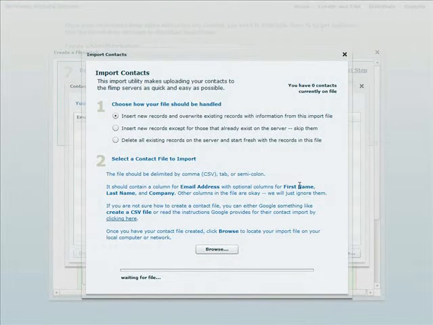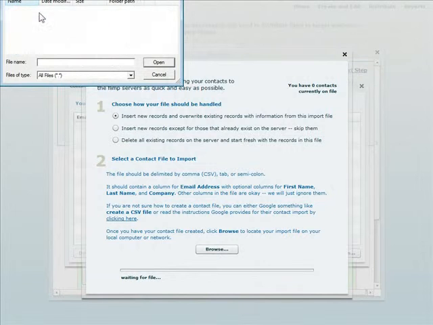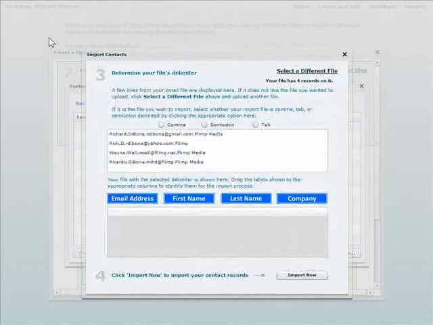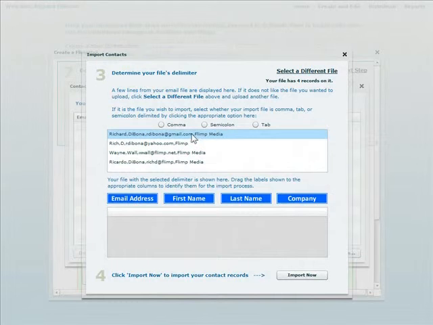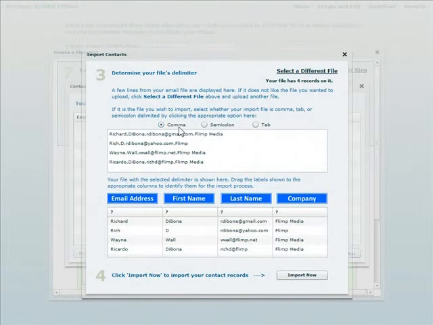I'm walked through an import process that makes it as easy as possible. I created a file with a few contacts in it that I will browse for now. The first few records from my file show up. First I tell the computer what format my file is in, in this case it's comma delimited. Then I drag these column headers where each column is to identify them. Finally, I click Import Now,